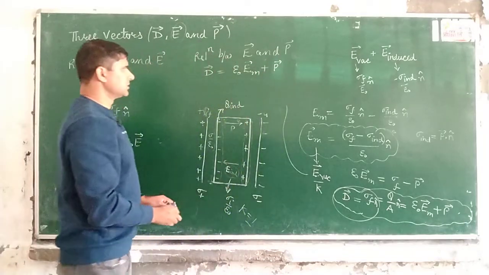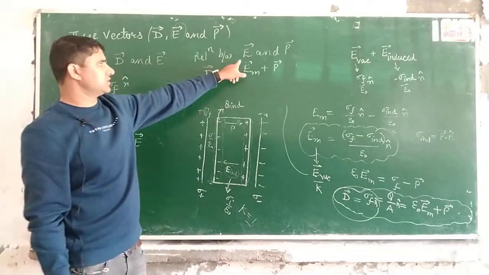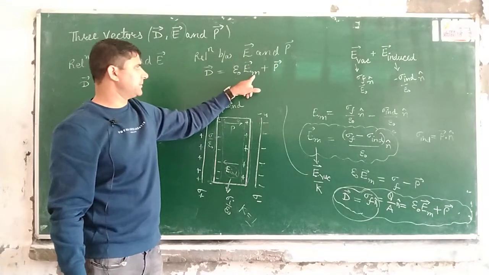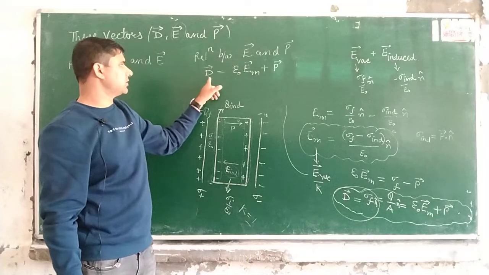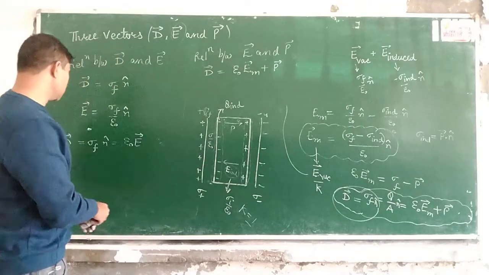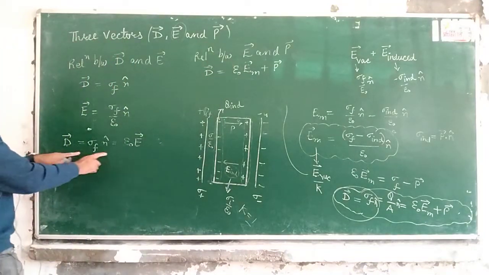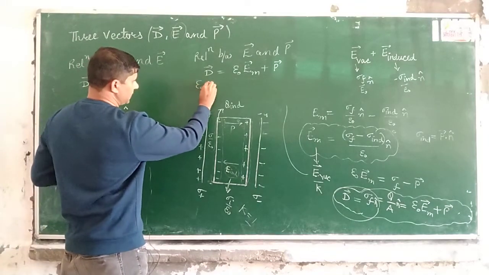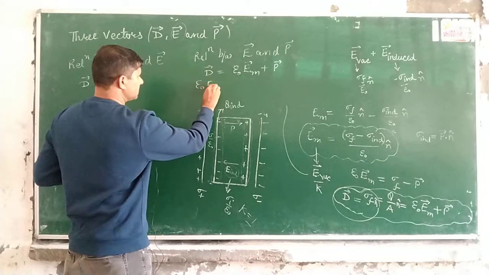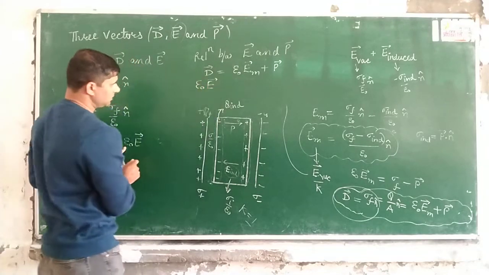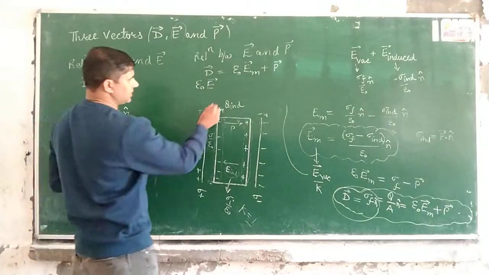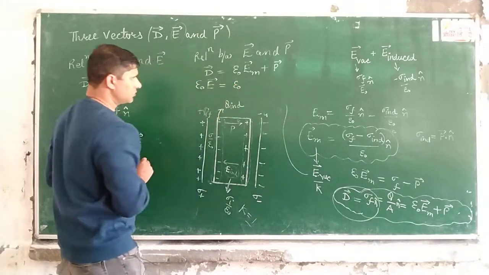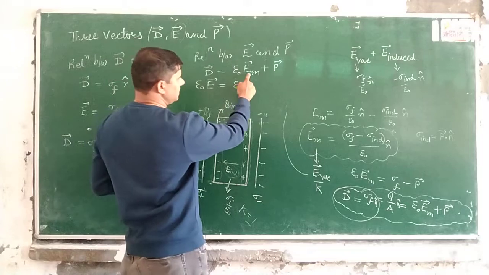So from here we are to find the relation between E and P. We will write the value of E_m in terms of E and the value of D in terms of E. From here you have seen vector D can be written like this. So I will write here the value of vector D, that is epsilon node into vector E, which is in the free space. Then we have epsilon node, and then we have E_m.